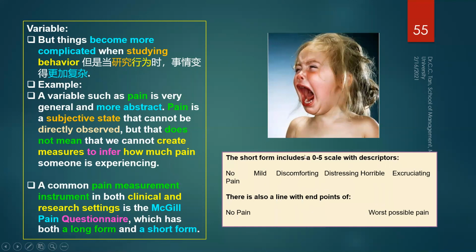on pain. So no pain, mild, discomforting, distressing, horrible, and extremely painful, and this can be arranged from large to small or small to large, things like that. Or you can arrange your questionnaire so that you leave it blank and let them fill it in by themselves. So you put 1, 2, 3, 4, 5, 6, 7, or 1, 2, 3, 4, 5, where 1 is no pain and 5 is the worst pain, and then they will tell you whether it's 1, 2, 3, but this is a little bit ambiguous,